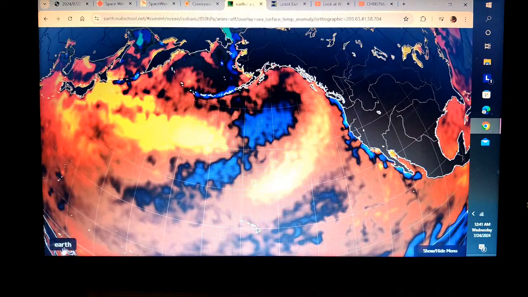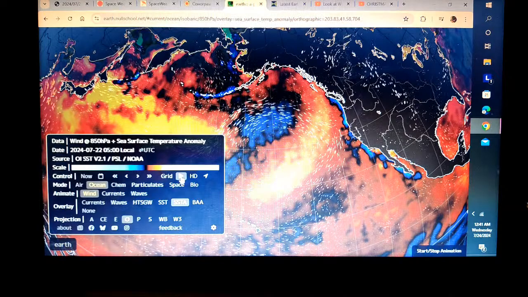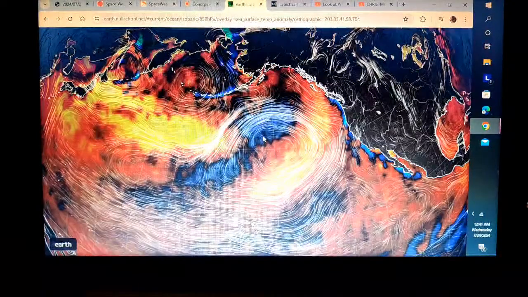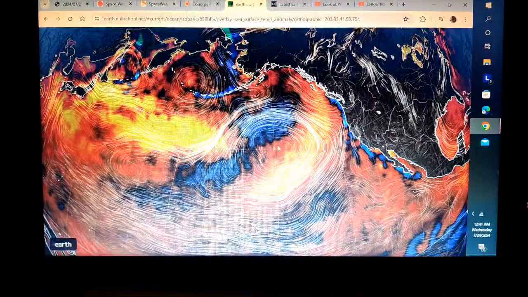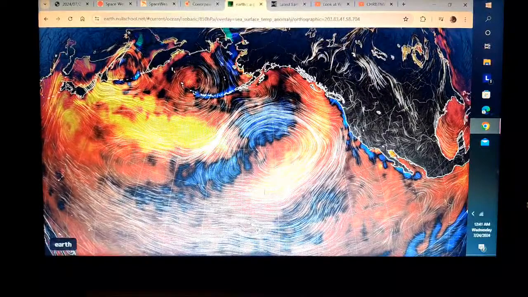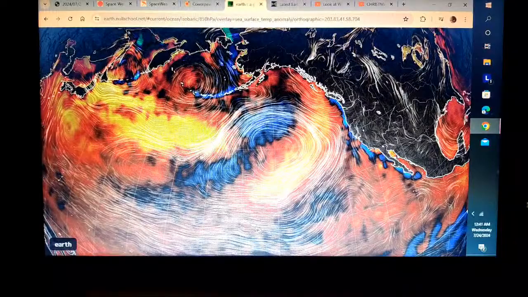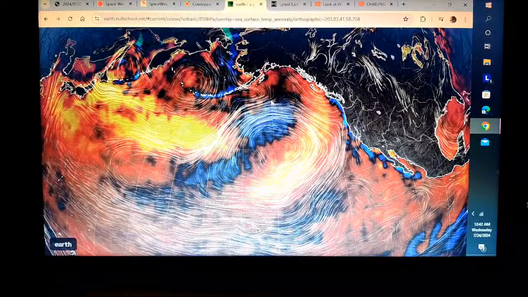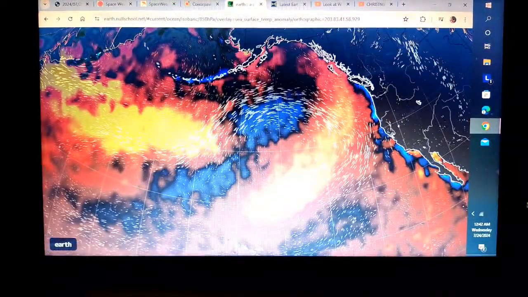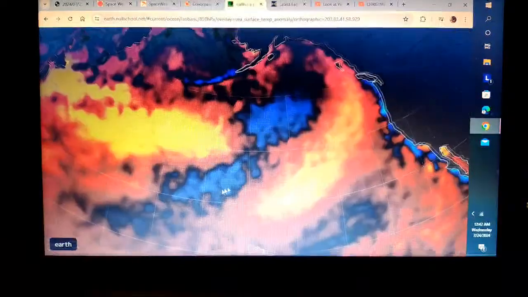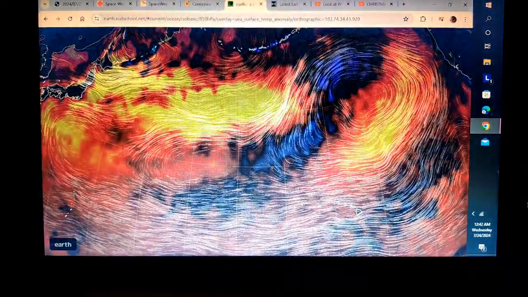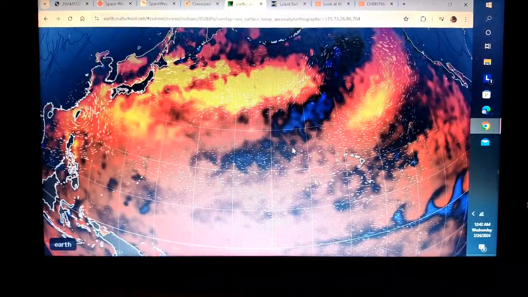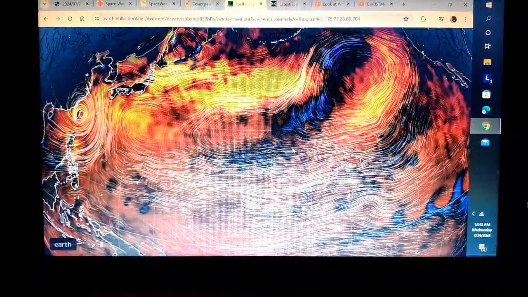That structure right there is causing the wind patterns to work like this. Hot air rises, cold air rushes in to replace it. We got cold air over this patch of cold water, hot air over this patch of hot water, hot air over this patch of hot water, cold air here. And you can see it has caused its own independent vortex right here now. See how it's connected up? It's no longer just all conveyor belt. It's sealed off its own little vortex. There's still a lot of this conveyor belt structure. I will stop bouncing around for a second and leave it there.